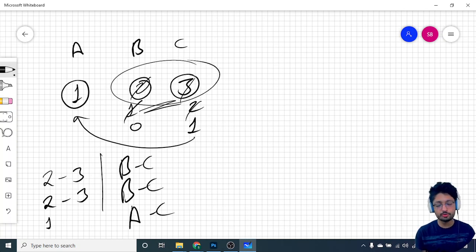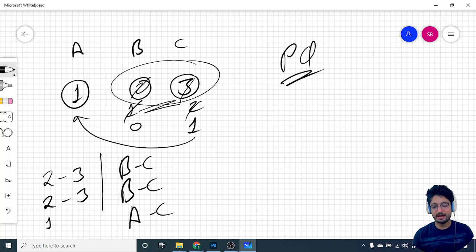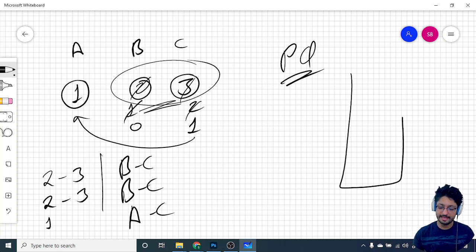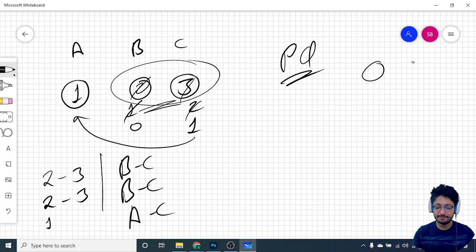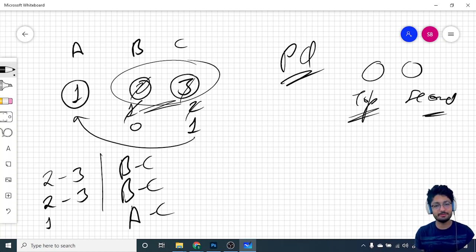So it means that at any point of time I have to get the 2 maximum persons who can talk. And how can we get that? We can get that using a priority queue, because a priority queue can be used to store the elements in a sorted manner whenever you insert or remove. So it can store all the elements going from maximum to the smallest. So what will happen is we can just pop out the top 2 elements from the priority queue, the top element and the second top element, and these are the maximum 2 persons who can talk. So I can make a pair of them, and because they have talked, I will subtract their